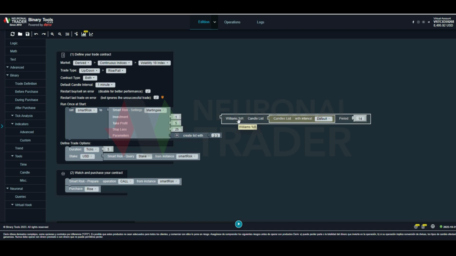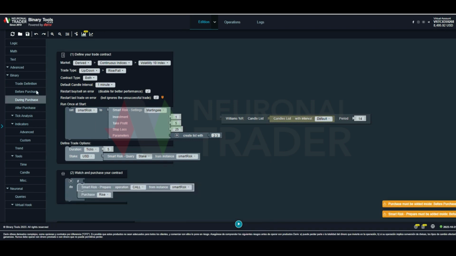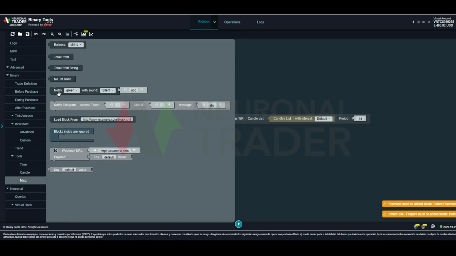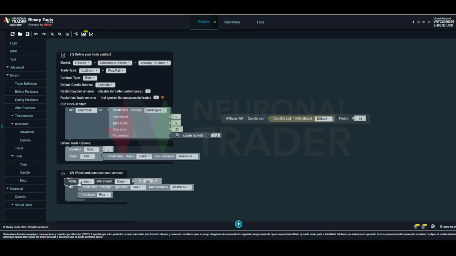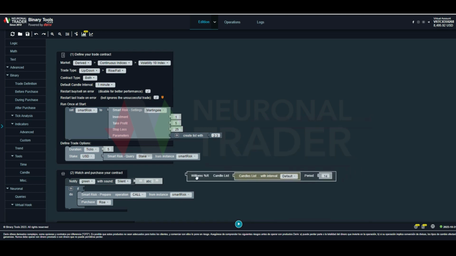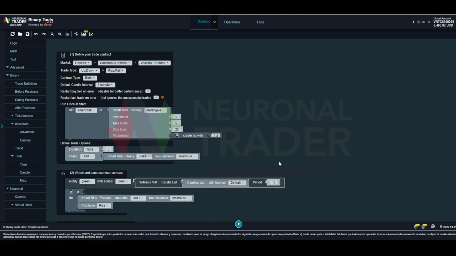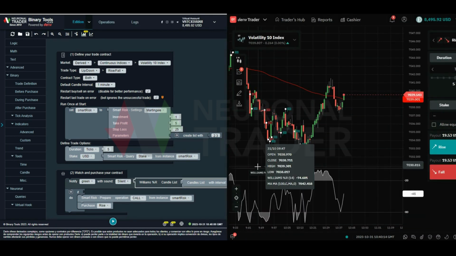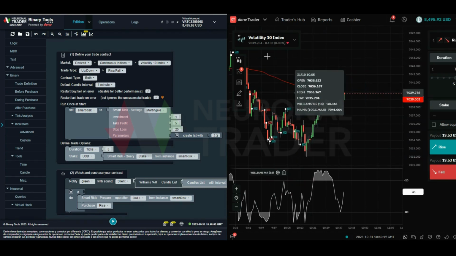Okay, my friend? So what I will do is add some notifications so that we can see those numbers of the Williams %R indicator. As you can see, we have added a notification here so that we can see on the screen what is happening inside this Williams %R indicator, this simple version. I have minimized this so that we can see the chart in the NeuronalTrader here, my friend. And we already added the